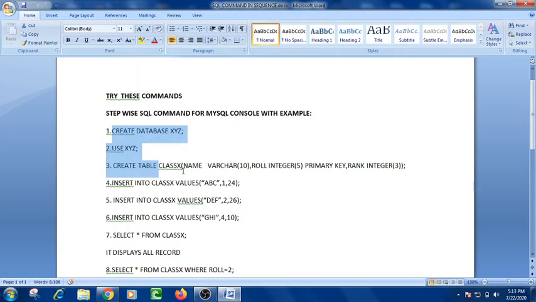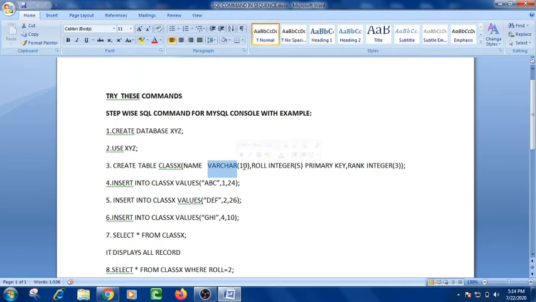Just see here, I am writing the command create table class10. Class10 is the name of the table. Then the first field that I am giving is name, and for the name I have selected the data type varchar and given the size 10.